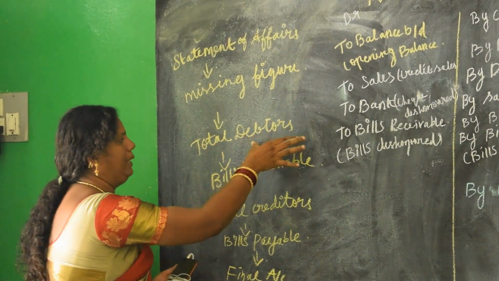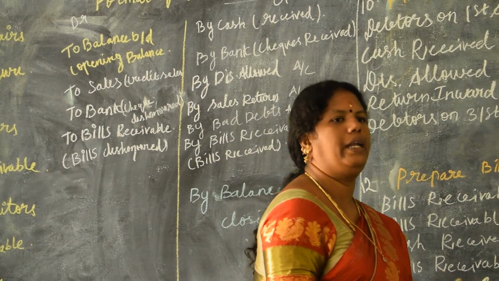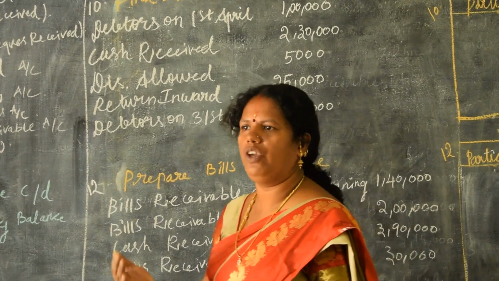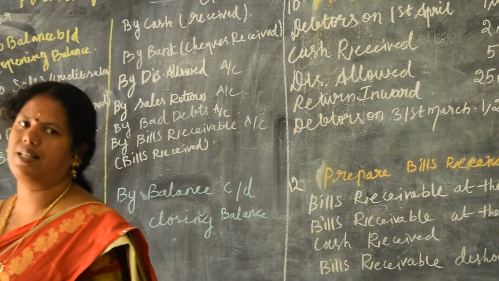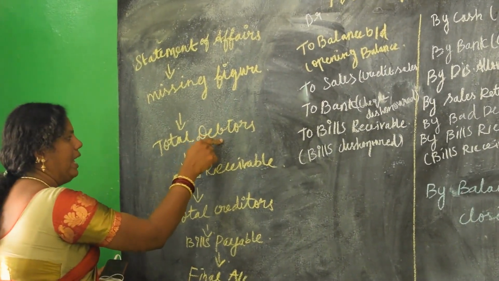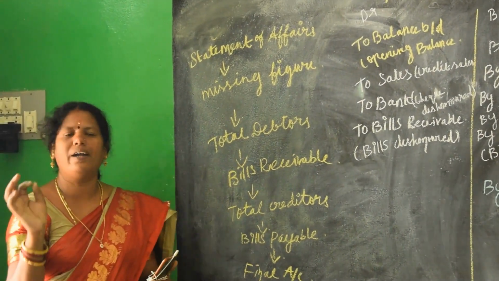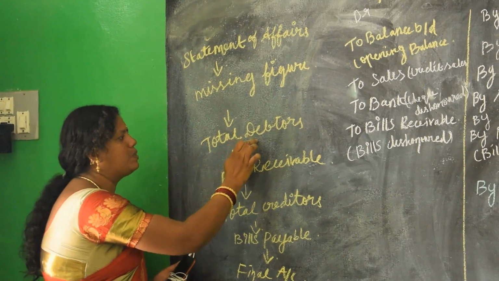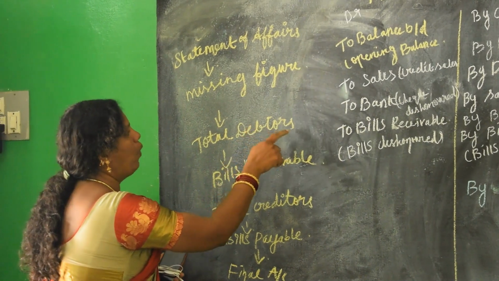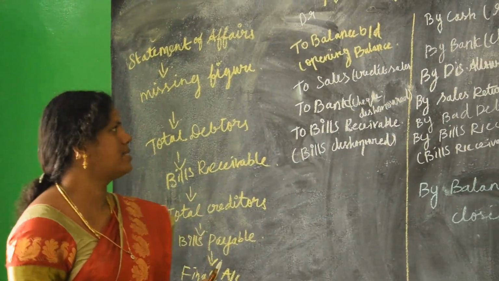First of all, what is meant by debtor? As business people, we cannot purchase or sell everything on a cash basis. In business, we sell some products on credit. So if X is selling goods to Y, and Y is buying on credit from us, such persons are termed debtors. In the debtors account, we are going to find out the credit sales.